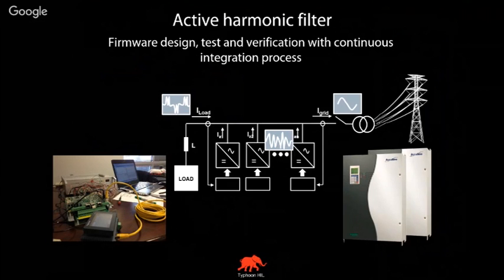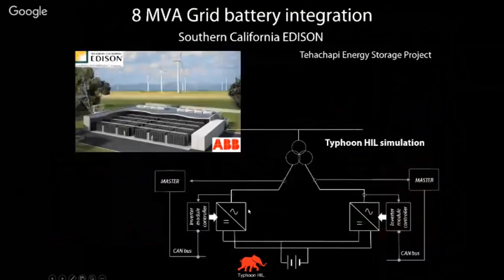So for people that are dealing with active filters, they got used to doing everything in the little lab, step by step, because there are not too many tools that can help them with what they do. So you can understand that there was a certain disbelief that this new technology can also work for them. What you can see here is actually the first attempt to connect the system, the first trial. This is why you see a forest of wires when engineers were connecting, line by line, piece by piece, and testing their control systems.